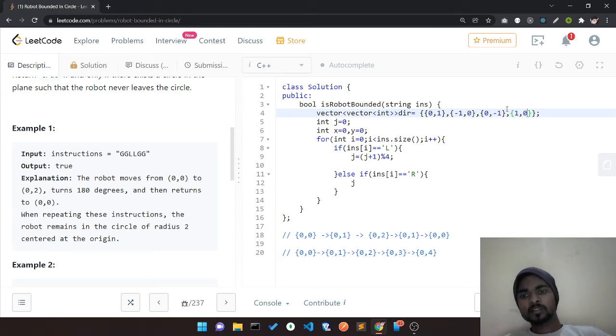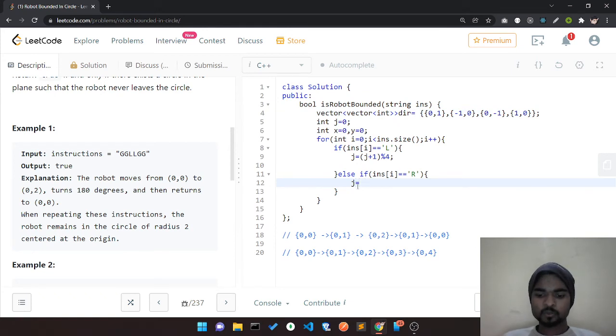So for doing this, let's say in the initial state, the direction is 0. If I want to reach here, it has the distance 0, 1, 2, 3, which means I have to add it here. If I want to reach here, I'll just add 1. Similarly, if I want to reach here, I'll just add 3. So in that case, j is equal to j plus 3. I'm just taking modulo 4 for not going beyond that. I have only 4 directions, so it cannot make any other direction.